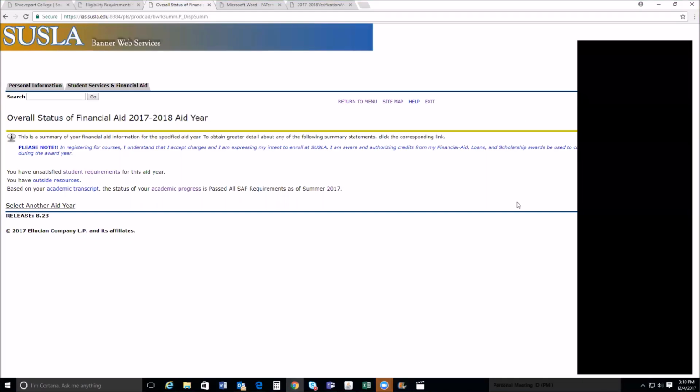Okay, also, if you go back to that overall status screen, you can see it will tell you your unsatisfied student requirements, but you also want to check your academic progress to make sure that you have satisfied all the SAP requirements to receive financial aid. Basically, you want to make sure that your grades are okay. So you can click here to check that as well. This is saying that the SAP requirements have been passed, and this student is fine for this particular illustration,